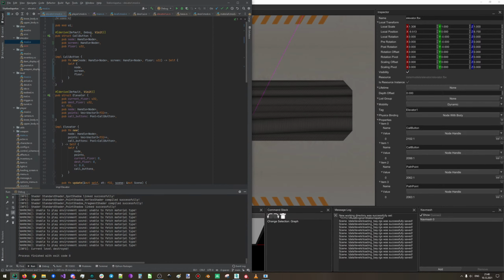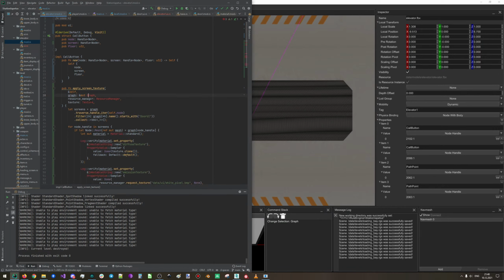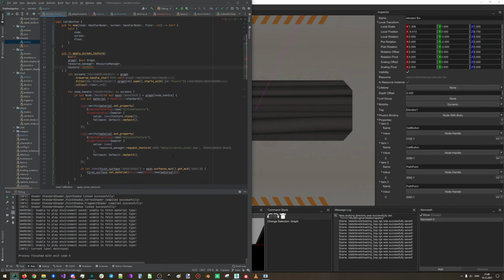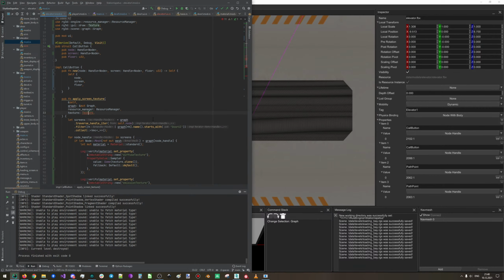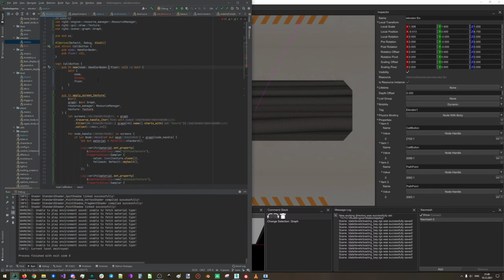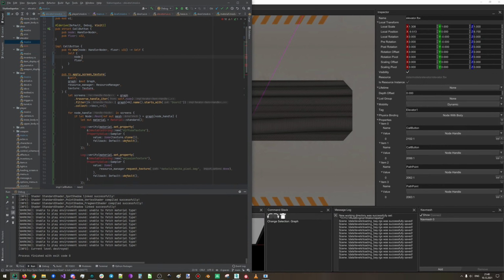No, not in here, but in here. So usually it will take the graph, the resource manager, to load the bright texture. And actually I don't need that parameter in here. I should get rid of that. Move this, import this, import this,